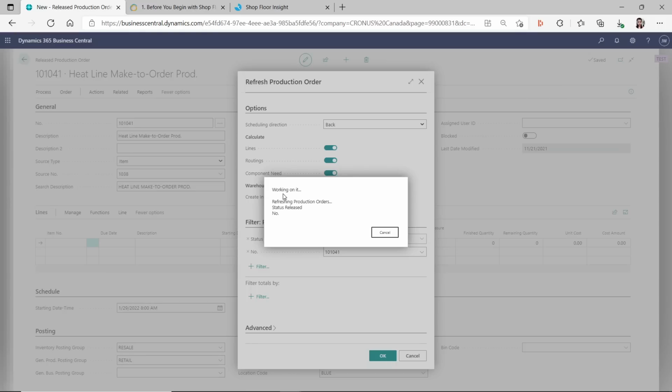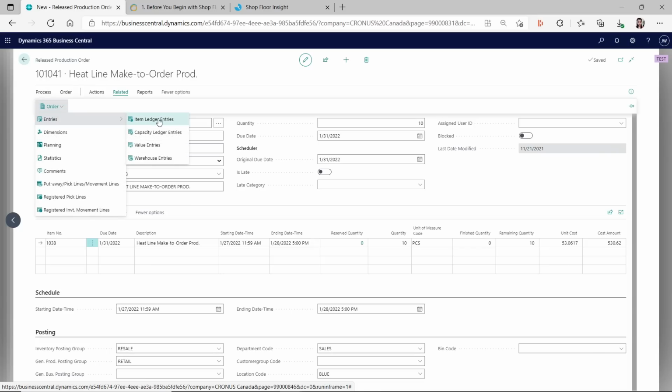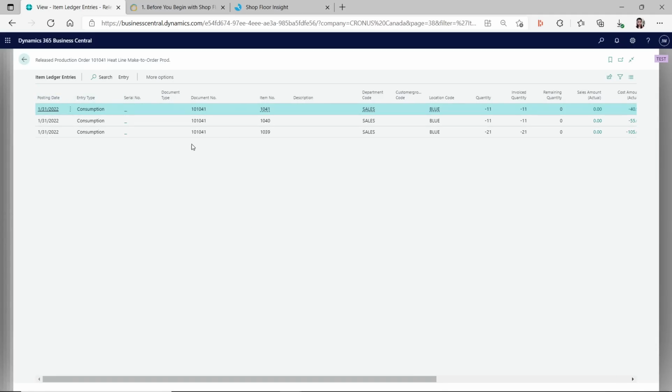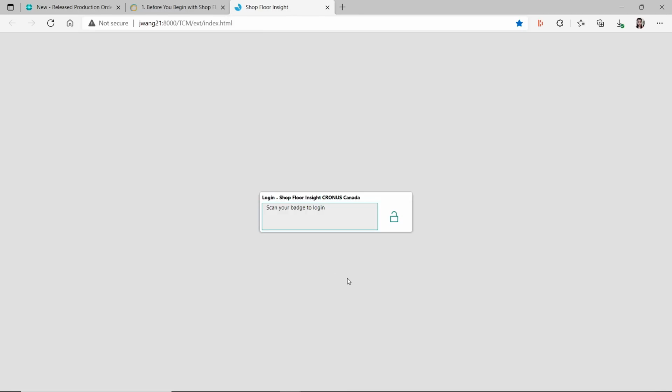Okay, so after we refresh it right away in Business Central, because this is already a released production order, there's no other button for you to release the production order. Just after you refresh it, immediately you should see those components posted to item ledger entries. So you go to related order entries, item ledger entries, then you could see for those 3 components, it's already posted item ledger entries. Now, if you go to your shop floor insight for this production order 101041, you could see, because it's communicating with Business Central, then